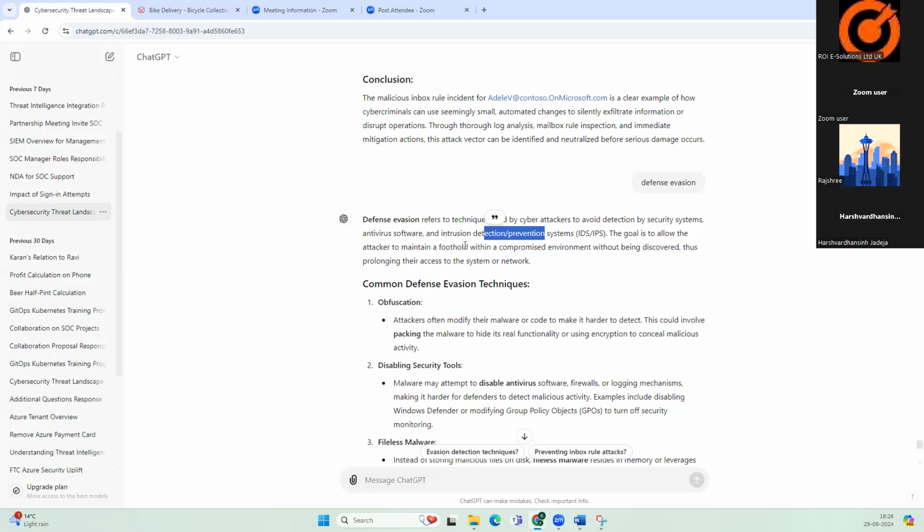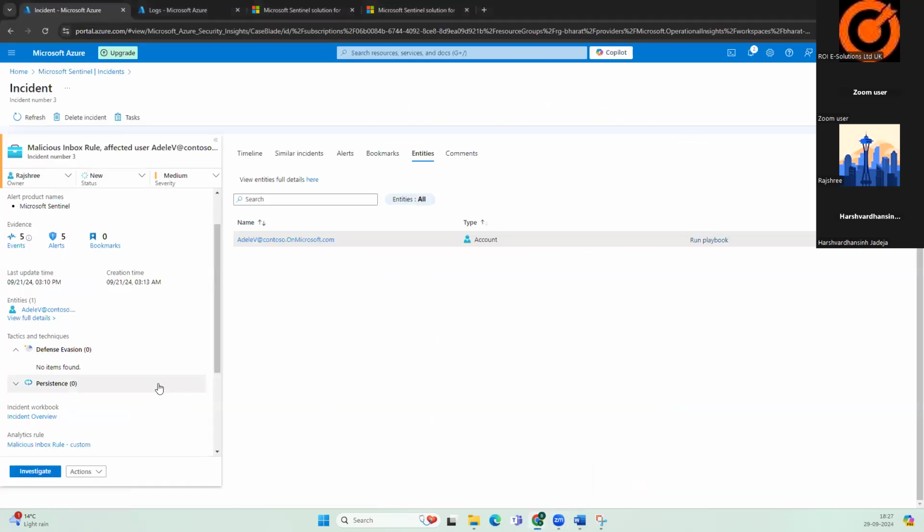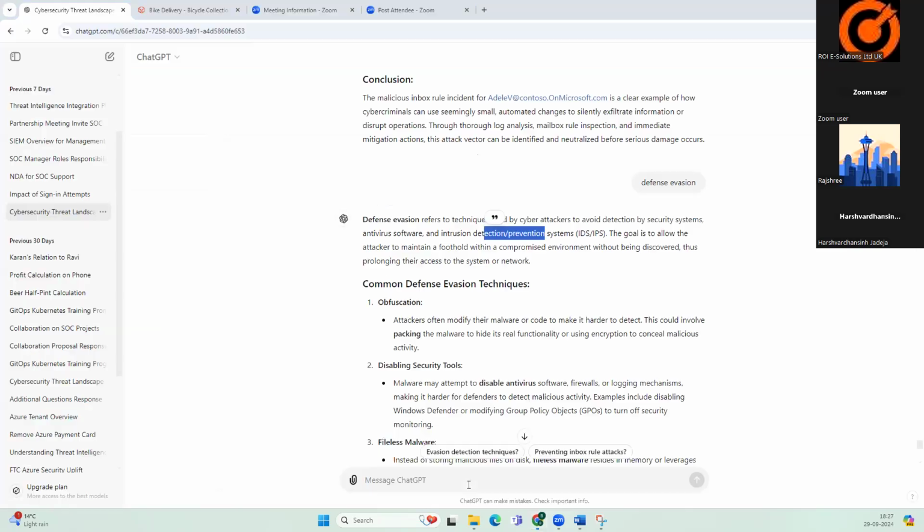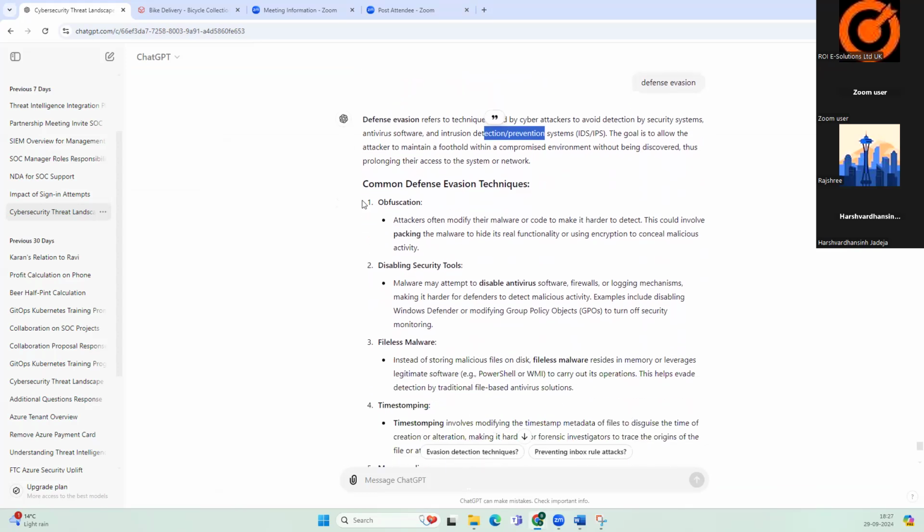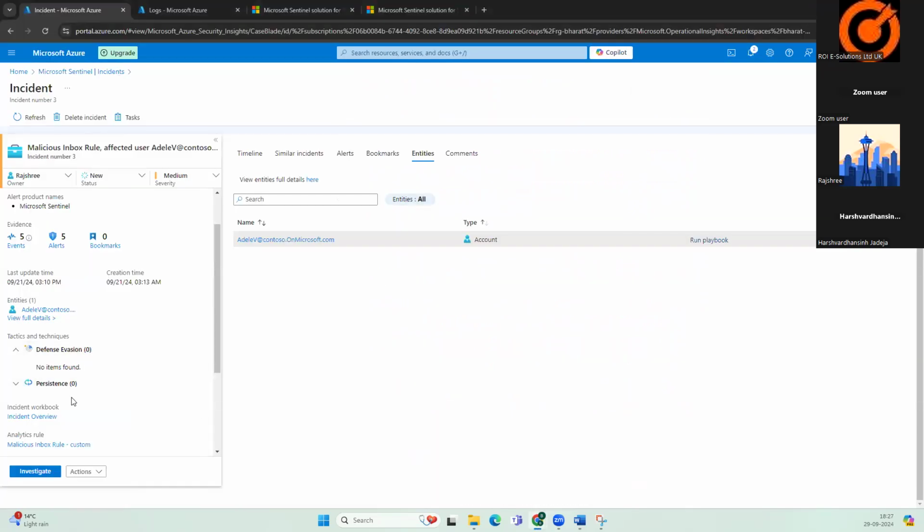Without being discovered, thus prolonging their access to the systems and network, right? If you look into this, defense evasion is 0 and persistence is also 0. It means the suspicious activity is not so critical, right? But if you see that there is a count over here on this incident, right, if you see some count,